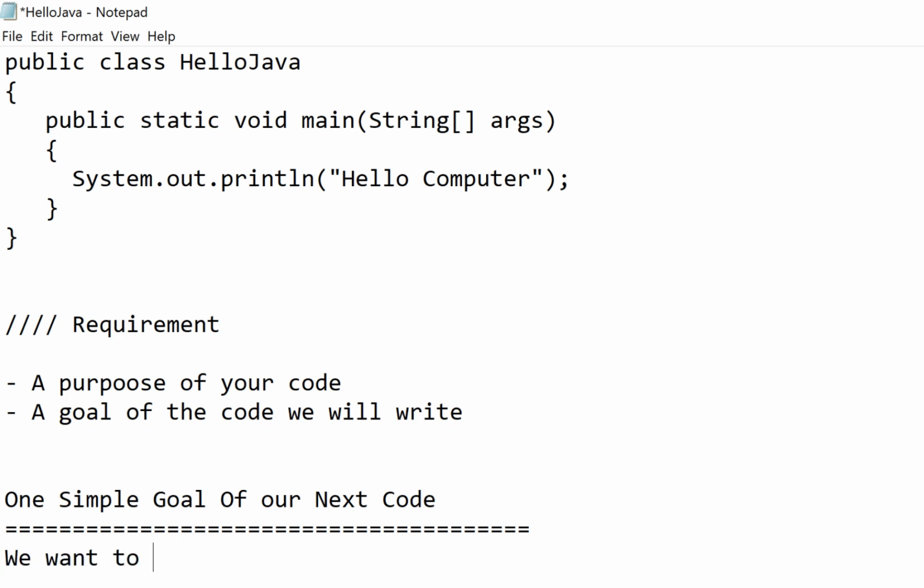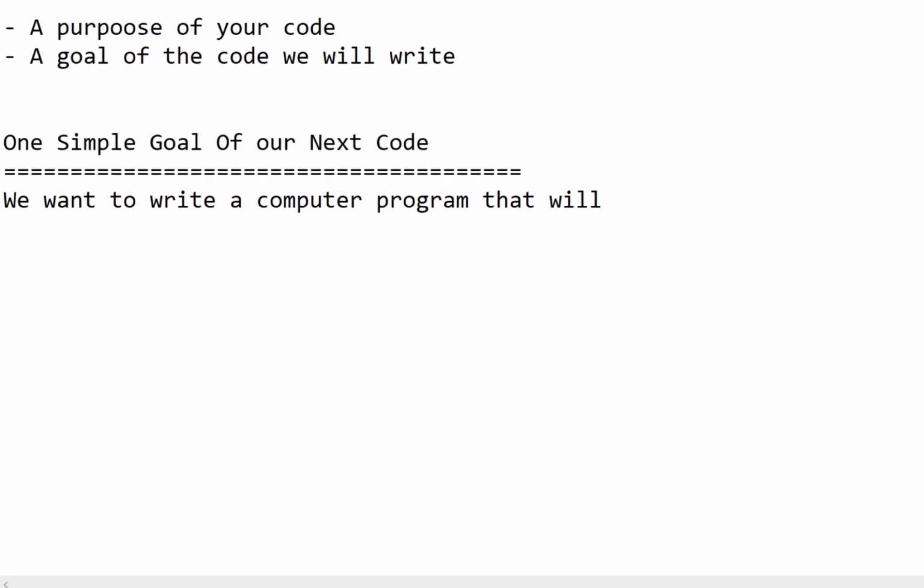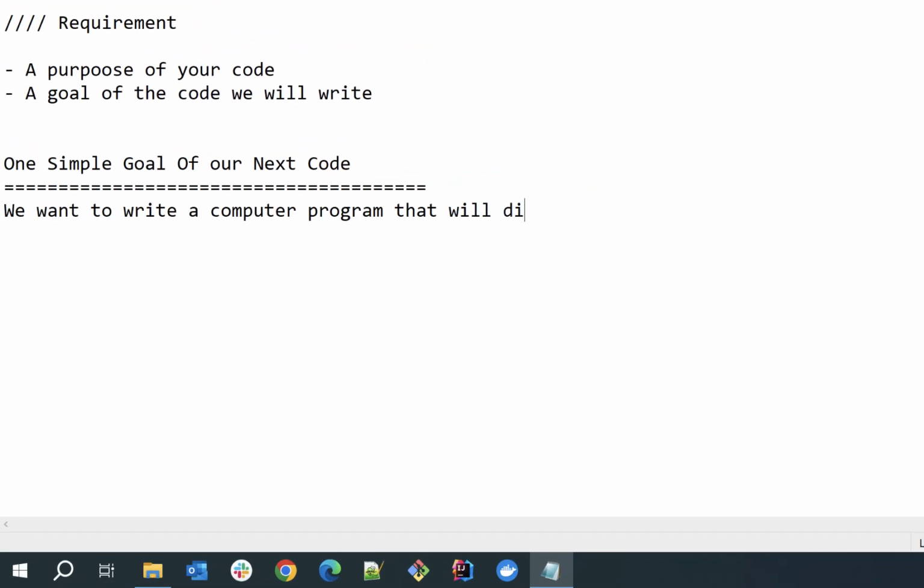We want to write a computer program that will display the name of the computer. Okay, so this is one purpose, that our program, when it runs, will display the name of the